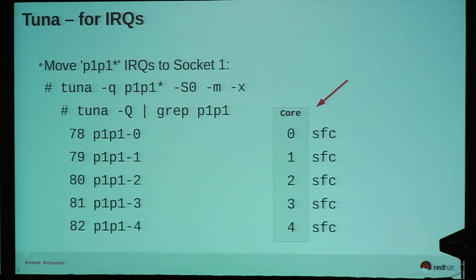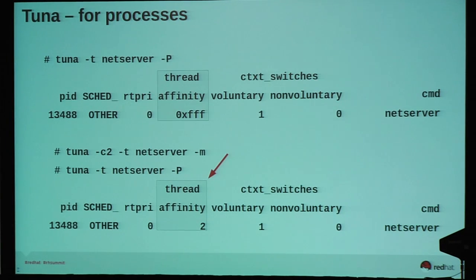That is a duplicate slide. That's what it looks like when you do the Tuna IRQ affinity. I apologize, these slides somehow got jumbled. Solarflare, Intel, Mellanox, everyone ships their own IRQ affinity scripts with their cards. But Tuna can replace them all. It's also NIC agnostic, and it ships with the OS, so it's a lot nicer to have one tool to rule them all. Tuna can do process affinity,